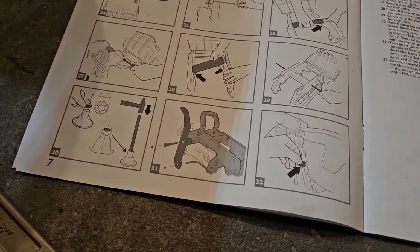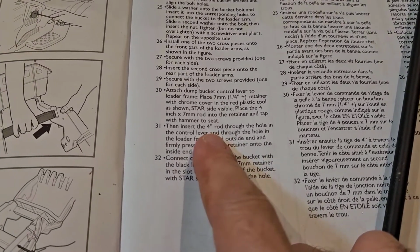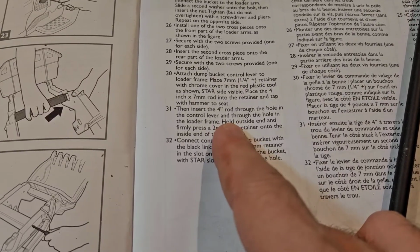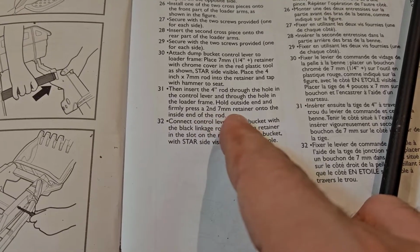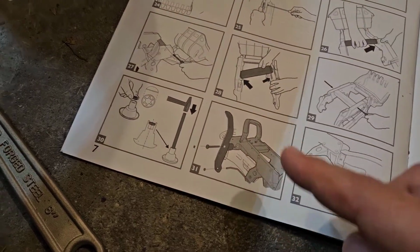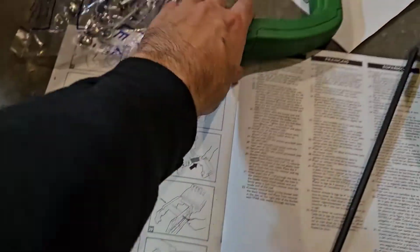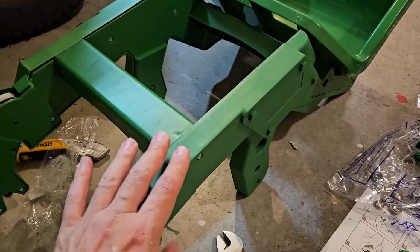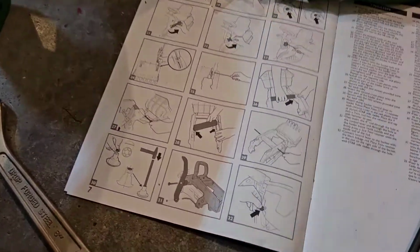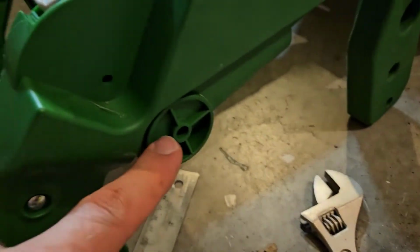Now, this next part, I had a hard time figuring out what is being shown in figure 31 here. Insert the 4" rod through the hole in the control lever and through the hole in the loader frame. Hold outside end and firmly press a second 7mm retainer onto the inside end of the rod. So it's kind of hard to tell the orientation from this picture initially, but the confusing part here is that this picture shows this handle attached to the loader frame, but the instructions have not said to do that step yet. So what we are looking at here, the hole it's referring to in the loader frame is this